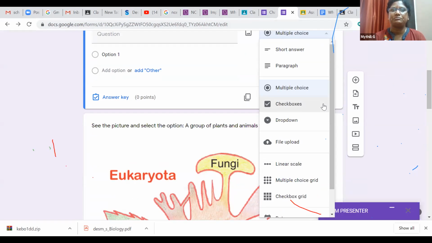For that you can go to another option, for example Hot Potatoes, one of the assessment tools. This is an open source tool that you can take and insert into your Google Drive, and then from the Google Drive you can call it in the classroom, and students can access that assessment, where drag and drop, filling the blanks, and so on are available.